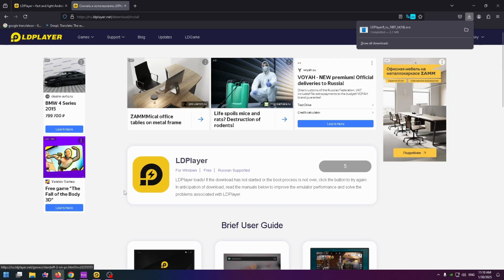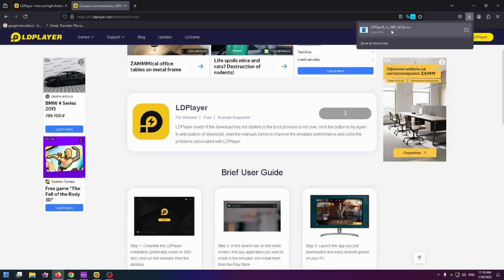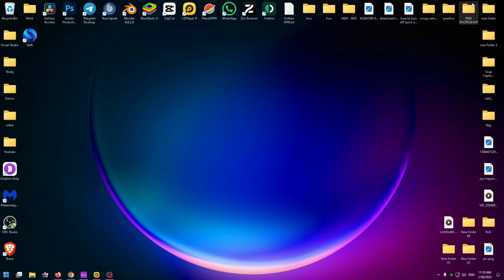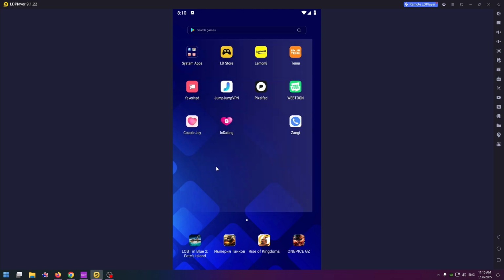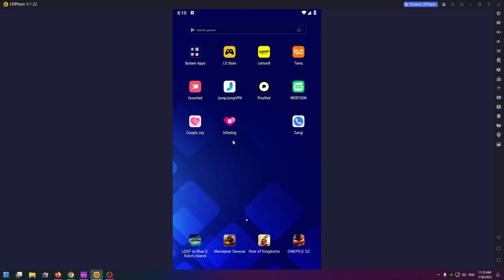Just click on the download button. Okay, run the installer, and after that you'll find this icon on your PC. So run it, of course, and then you'll see this window. So it's like a virtual phone on your computer, and you can of course easily install any apps, any games